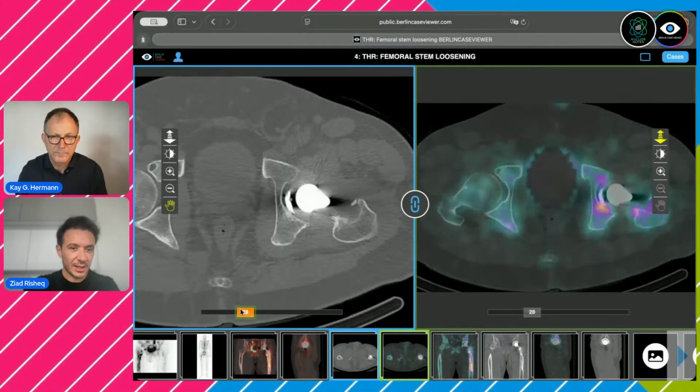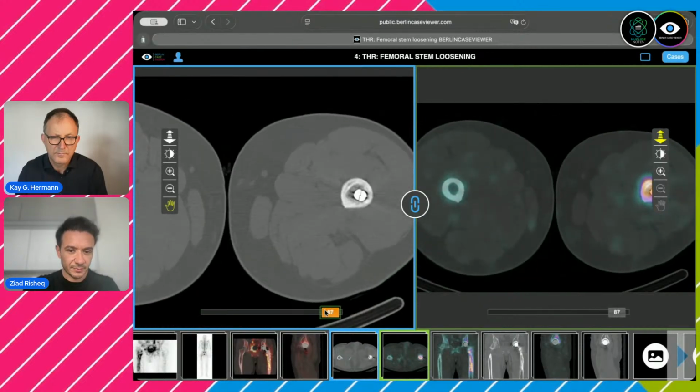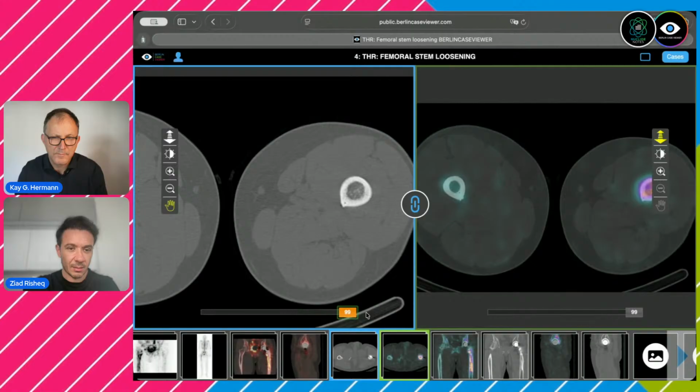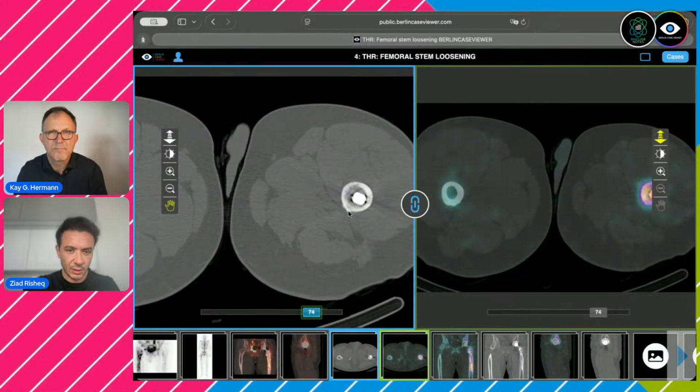We don't see these findings over here. We just see periosteal reaction, probably a bit of cortical thickening or sclerosis, and it is all showing intense FDG